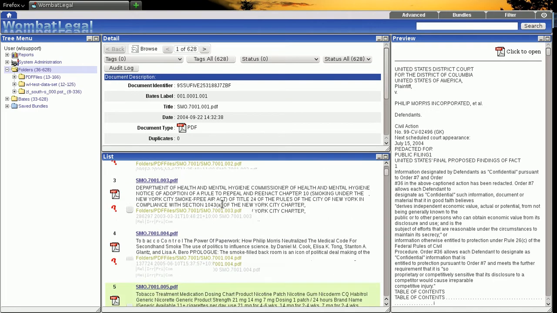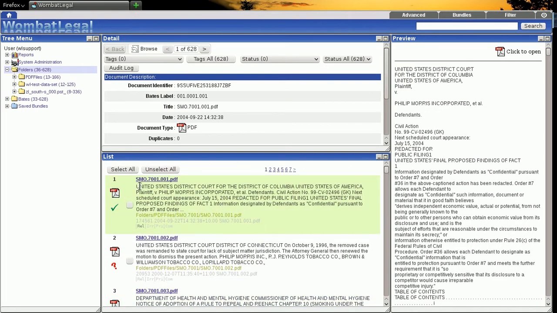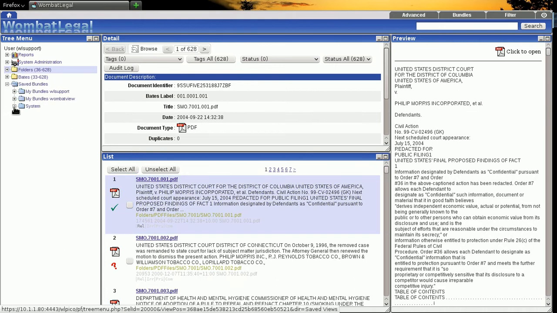Obviously, starting at the beginning at document 1 and going through all 628 of these documents in the 36 subfolders is probably not a very good workflow. So what we're able to do is load document bundles and restrict the view of the entire system to a particular bundle. Bundles are created by the review manager